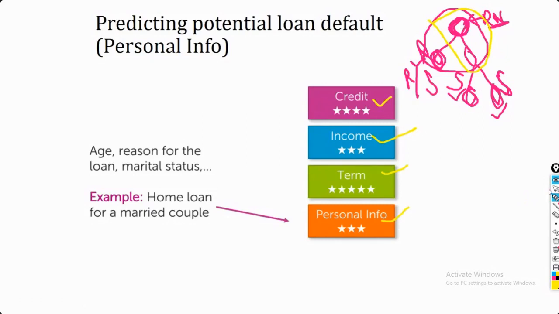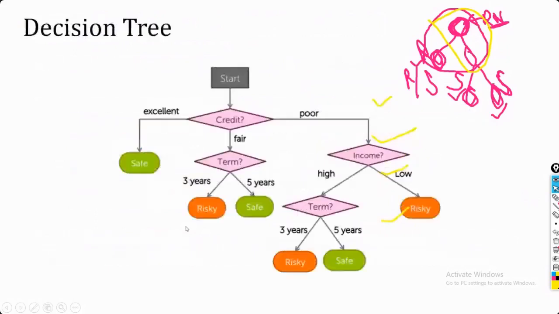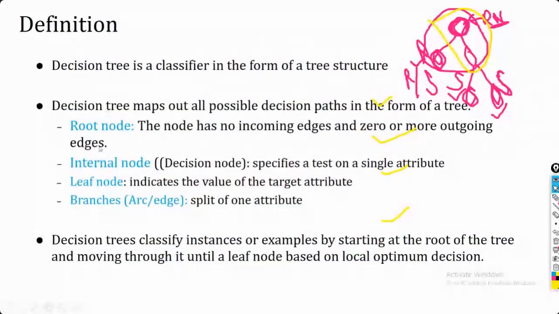So each of the internal nodes, including the root node, will have an attribute. Next, the root node we have covered, internal nodes we have covered, and leaf nodes also. Branches basically represent the attribute value combination. Suppose for credit we have the values excellent, fair, and good. So the branches will have these values only. Here we will have excellent, here fair, and here good.